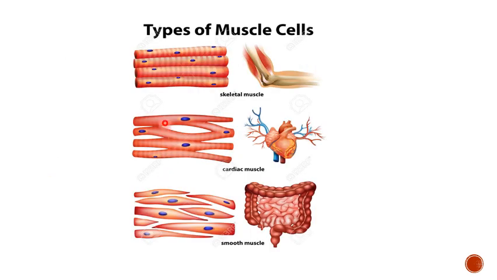In this image you can see the various types of muscle. The skeletal muscle is present in our bone muscles, that is your biceps and triceps. They are attached to the bones, and here you can see the light and dark bands. They give an alternate light and dark band appearance, called a striated appearance. They are multinucleated, long and cylindrical, with blunt ends.